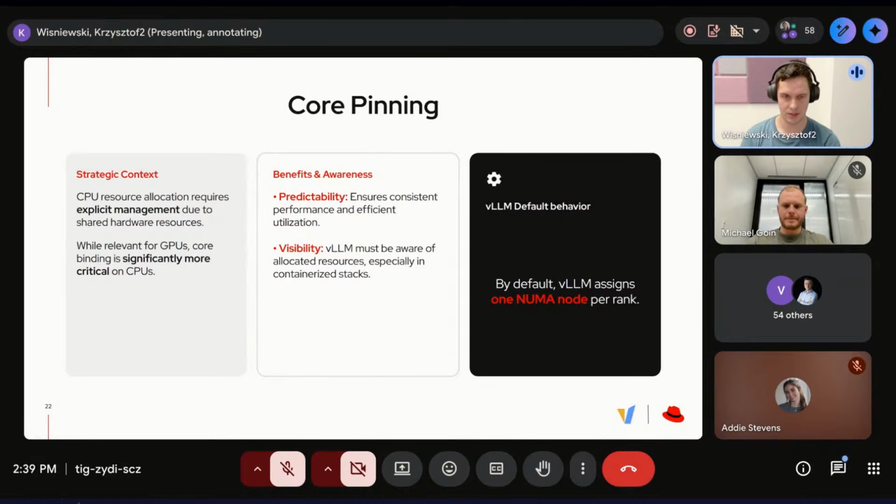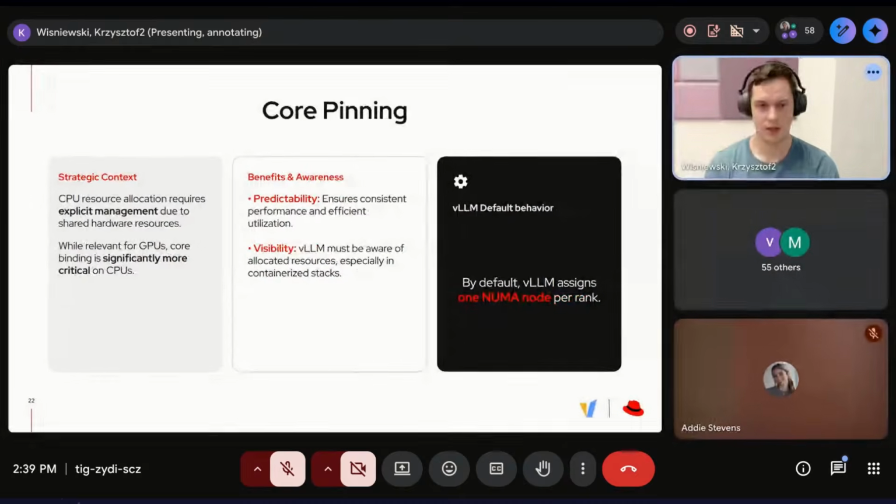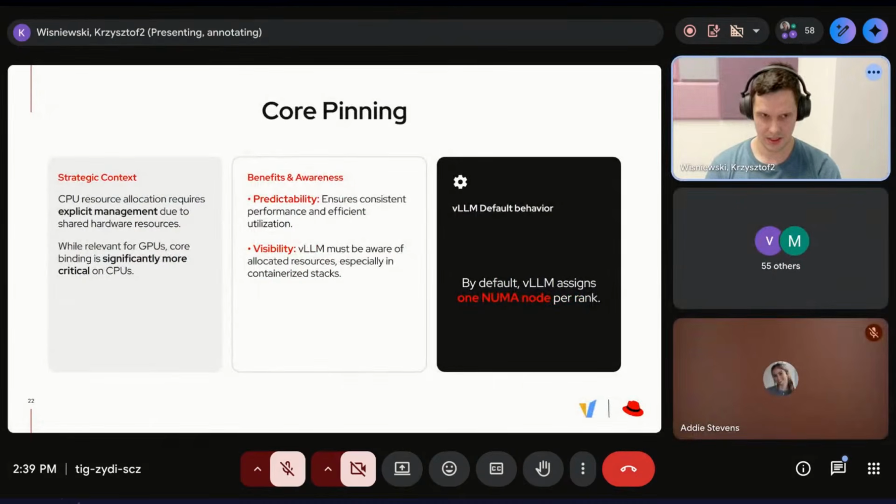So for example, you can have one node with two separate CPUs, and in that case you have two NUMA nodes, because they have separate memory, and the time to access the second socket's memory from the first socket will be higher than accessing the first socket's own memory.